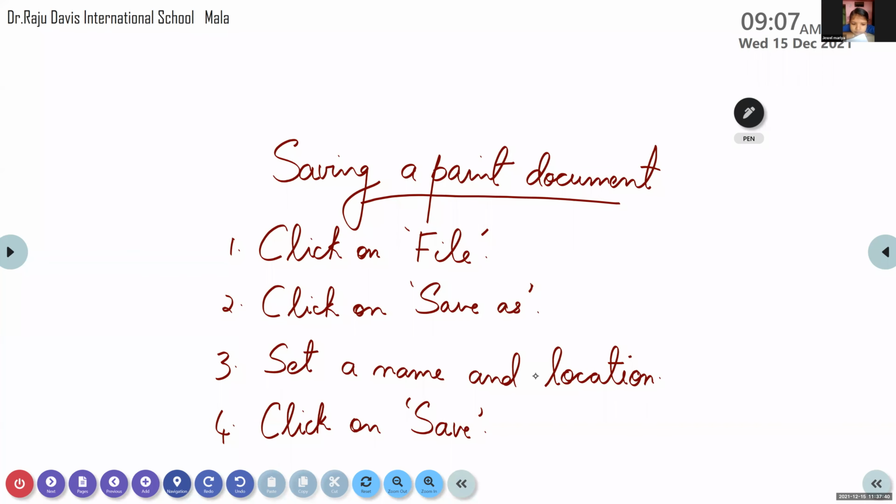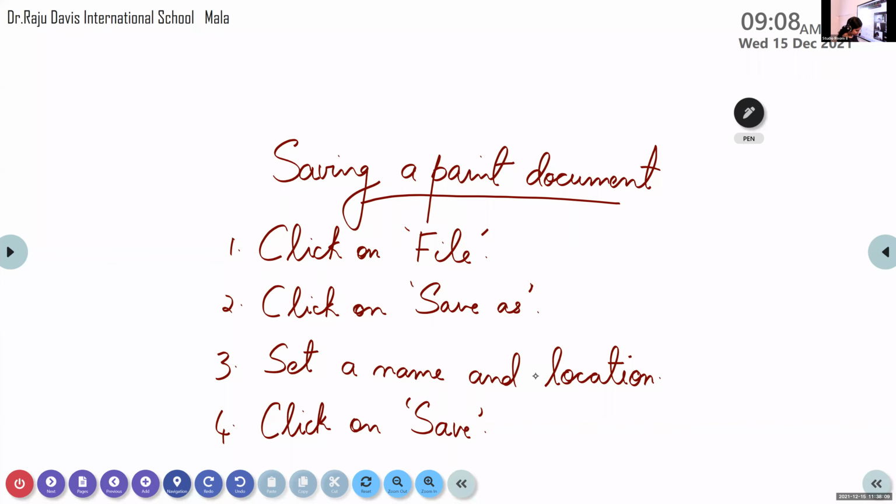Present, ma'am. Joanne Judy. Present, ma'am. Janita Jyoti. Present, ma'am. Karthik VP. Absent. Krishna Priya. Present, ma'am. Malavika. Present, ma'am.